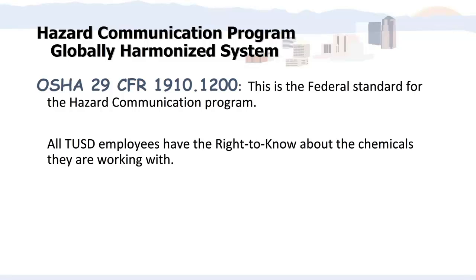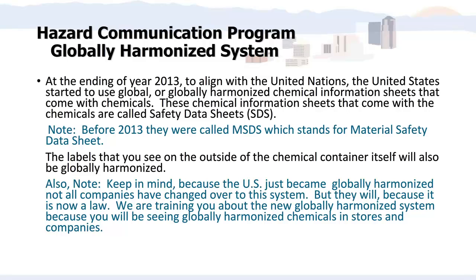has set up a federal workplace standard, called the Hazard Communications Standard. This standard explains how employees will know about the chemicals they are using at their work site. At the end of 2013, OSHA's Hazard Communications Standard became globally harmonized, which means its terminology and symbols match those